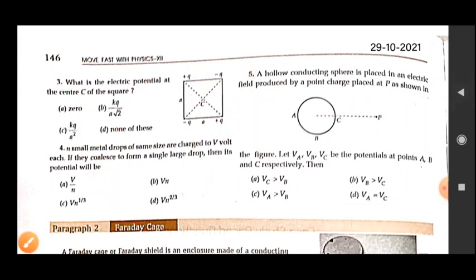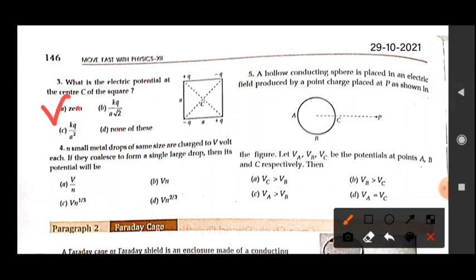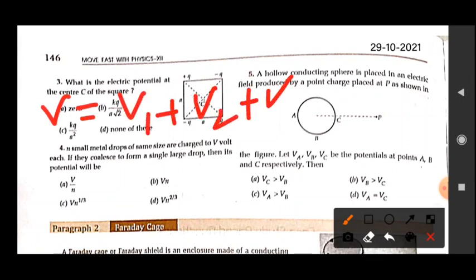Similarly the third one here is plus q, and again the fourth one is minus q. So different charges we have. Now we can calculate the net. So the net will be the sum of the four potentials that we have calculated. Let's write down the value of these four directly.